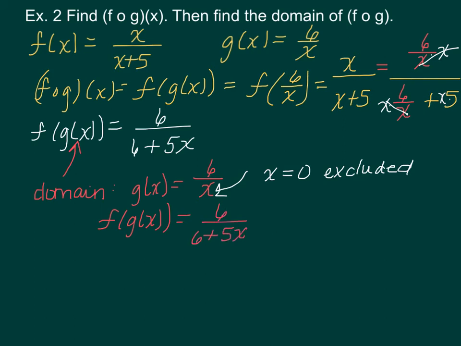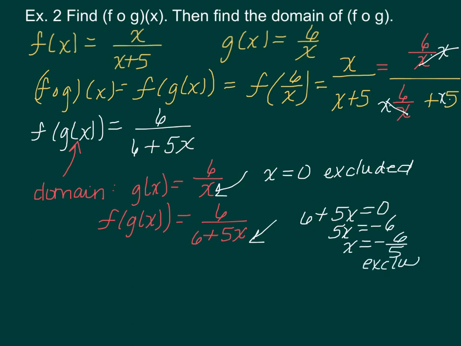Same thing. Do you see a square root or an even root? No. Do you see a fraction? Yes. We have to figure out what would make this denominator 0. So I'm going to subtract 6, divide, and that number has to be excluded from our domain. So when you write your final domain,